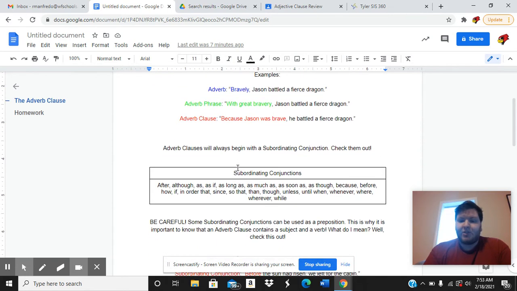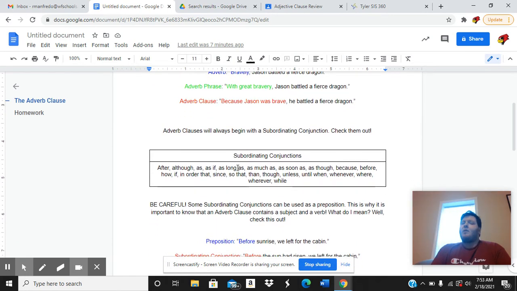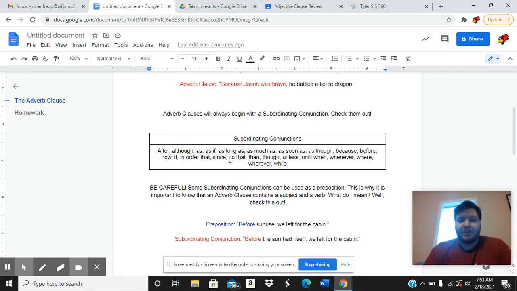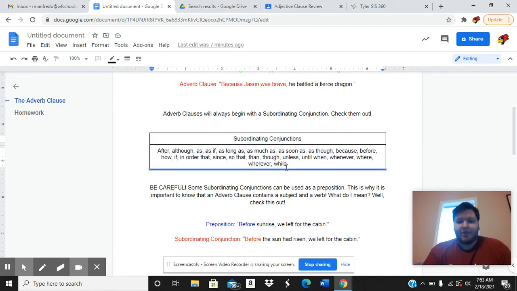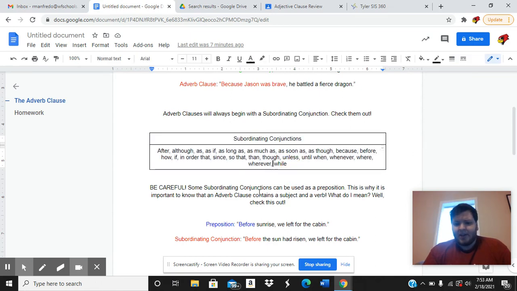You might remember back to adjective clauses that all of them began with a relative pronoun. Well, that is not the case anymore, but your adverb clauses will always start with one of these conjunctions that's in this box right here. So these are called subordinating conjunctions. I remember the little trick I taught you about relative pronouns. They are literally just pronouns that relate. There's not really any fancy trick for the word subordinating,